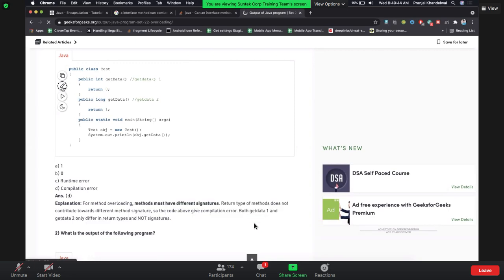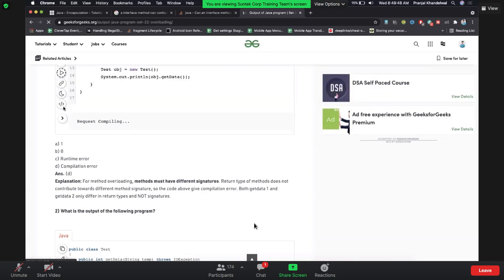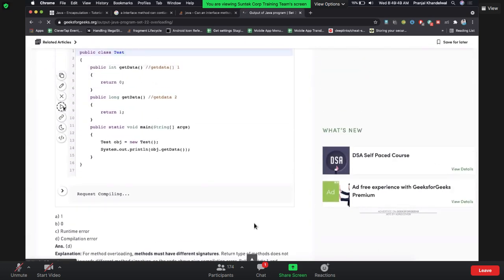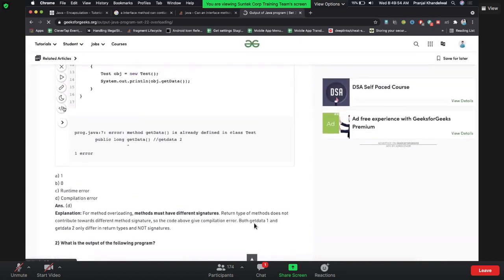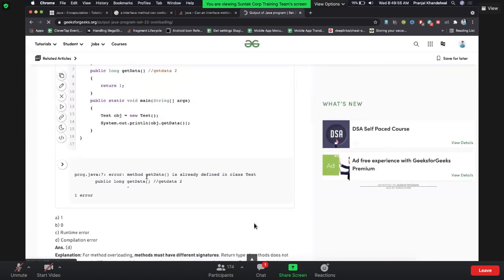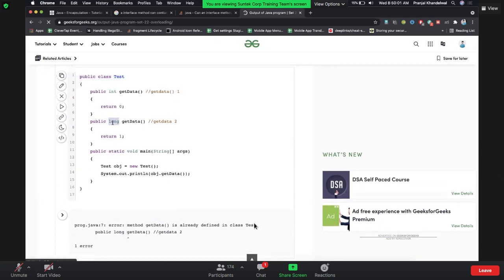Right? So let's run it and see what exact error it throws. Okay, it says getData is already defined in the class. We cannot have it like that. Okay, if I make it int, will it work?